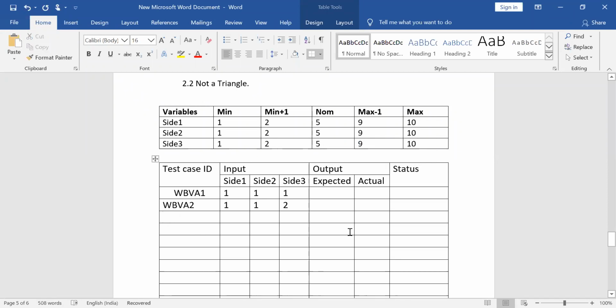The third case, 1, 1, this is also 1 only, 5. Next one, WBVA 4: 1, 1, 9.